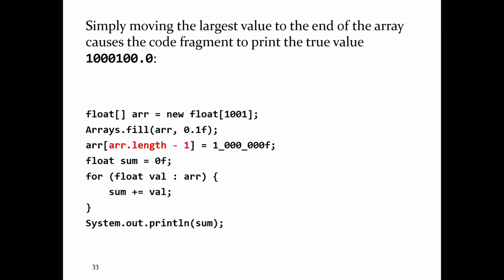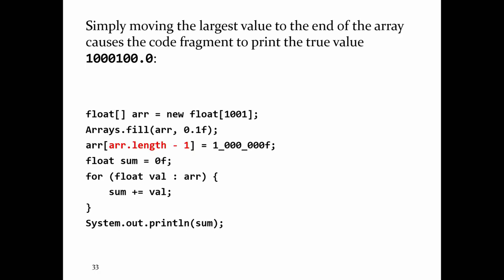So that value there is smaller than 1,000,000.1. And now you add another 0.1, and that 0.1 is much smaller than the sum of the two values there. So you don't manage to add all of that. You can't keep all the digits in that 0.1. You lose some of them. And so now that sum there is smaller than 1,000,000.2, and so on and so on and so on. If you put the million at the end,